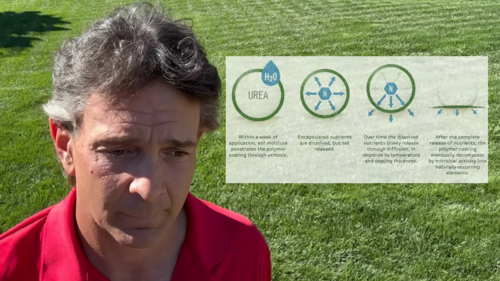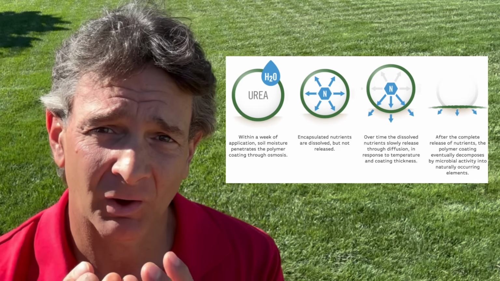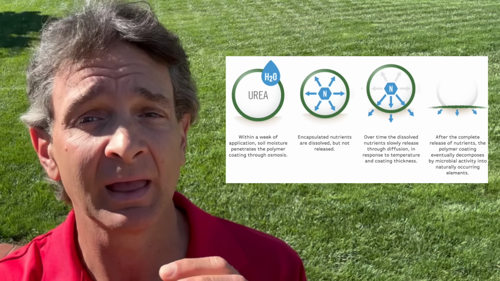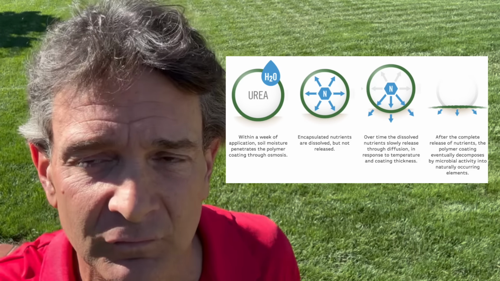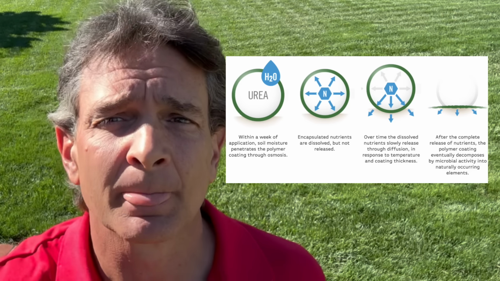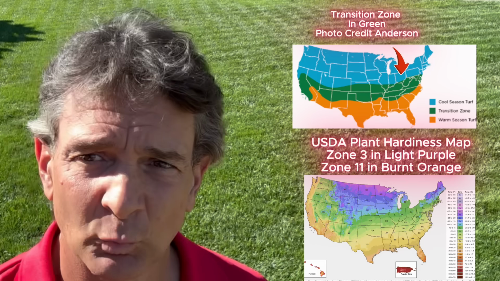What happens with polymer coated ureas is water works its way into that polymer coat. And depending on the temperature, it actually has pores in that polymer coating that, as temperature increases, get bigger and release, through osmosis, basically that liquid urea back into the soil, and then it's plant available. But the nice thing about the polymer coating is, particularly you guys in a lower transition zone, I'm talking zone 8, 7, 6, if it warms up during